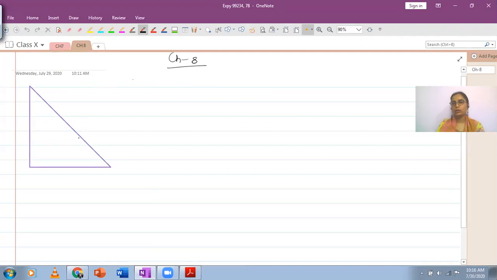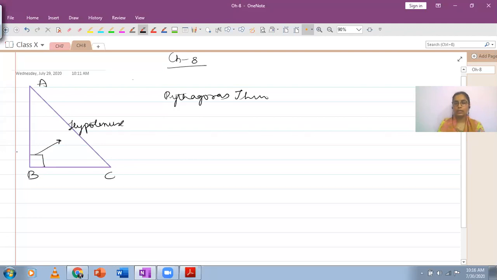You have always used Pythagoras theorem for these. Let's just name this right angle triangle as A, B, C, and you can use Pythagoras theorem for this. Please don't write anything, just watch. If we apply Pythagoras theorem, you know that the vertex at which you have a right angle, the side opposite to it is called the hypotenuse. And the sides which contain the right angle are referred to as the legs of the right triangle, or you can call them perpendicular and base, right? And the relation that you have is hypotenuse square is equal to p square plus b square.